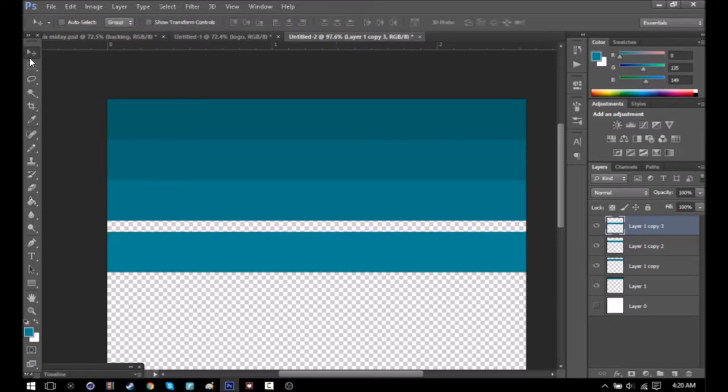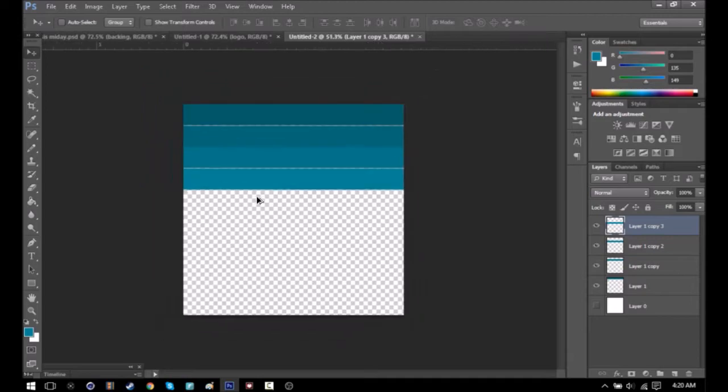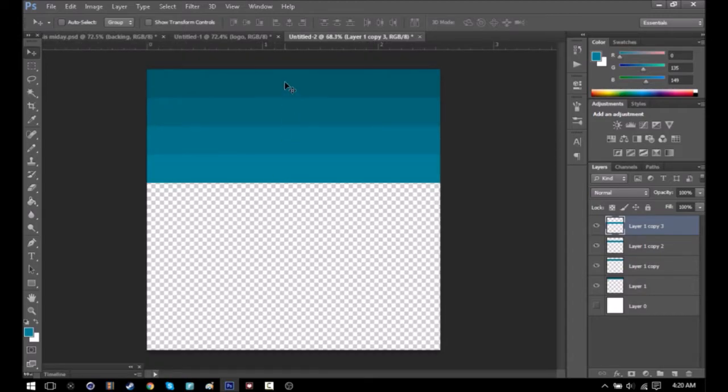Okay, so that's going to be enough. But what you would want to do is do that all the way down. Now you can see it looks like it's transparent, but it's not. But you want to do it all the way down. Then what I would do is hold Shift, make sure you clicked on the top layer, click the bottom one, press Ctrl J, Ctrl E, duplicate all these ones, press Ctrl G, and then do,